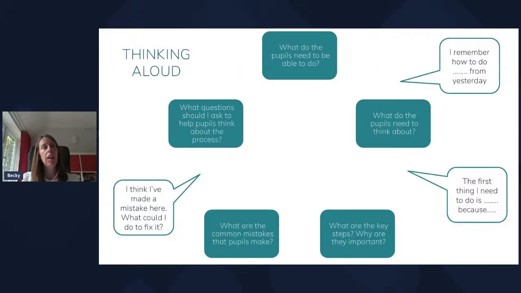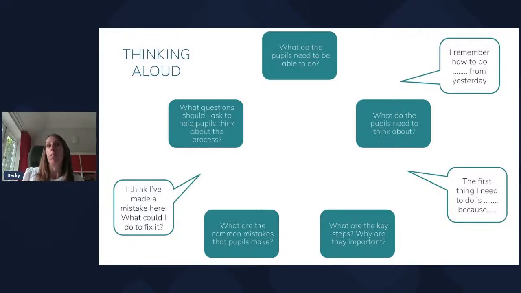And a lot of that, there's a circle that's not come up on this, but there should be a circle going around on the dial, is teachers being able to think aloud. So we start at the top with what do the pupils need to be able to do, and we move around in our cycle. So are teachers really thinking aloud and modelling the process, but also modelling challenges along the way, and also modelling what strategies are there to support them?